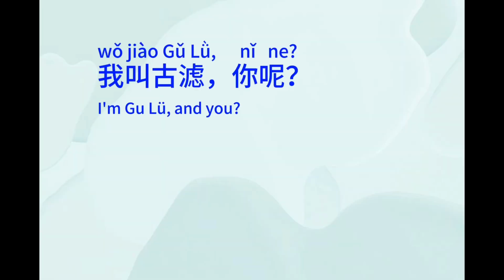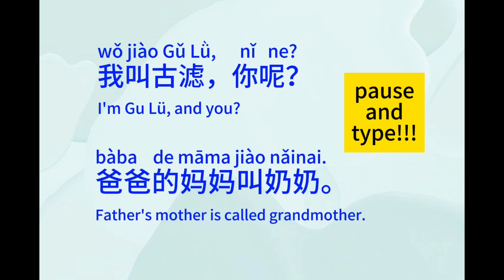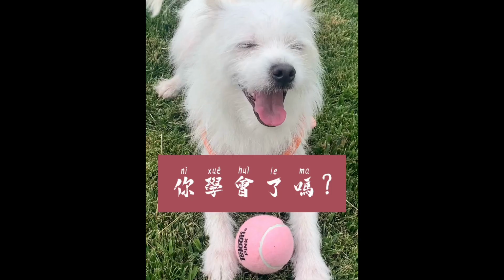Now it's your turn. Try typing the following sentences. 我叫古绿，你呢？爸爸的妈妈叫奶奶。你学会了吗？